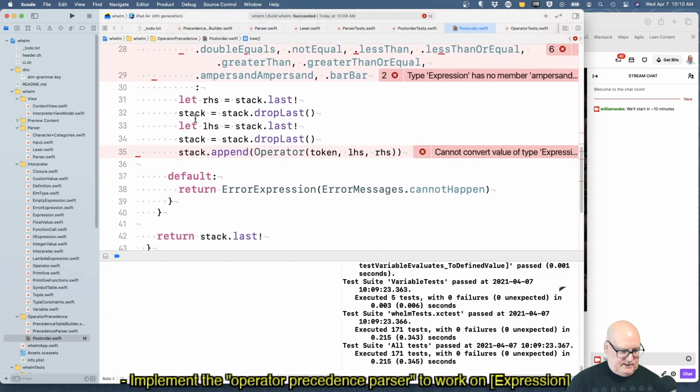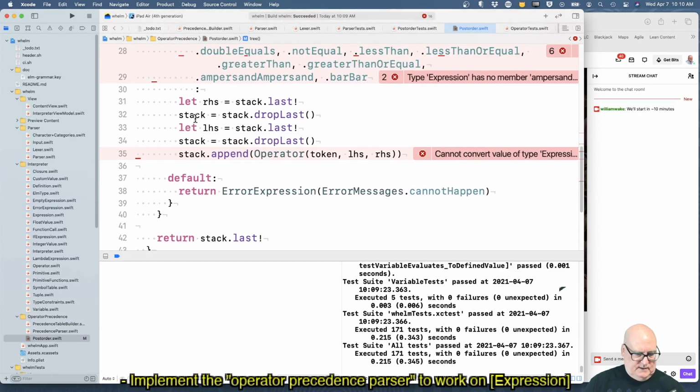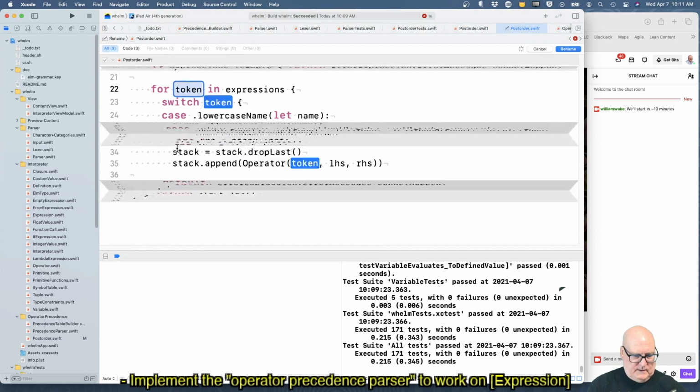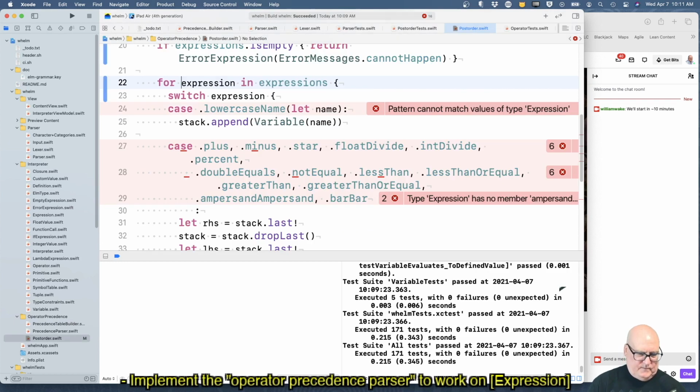I don't think we can. Okay. Expression. Okay, now this switch, I think all we care about is is it an operator or not?